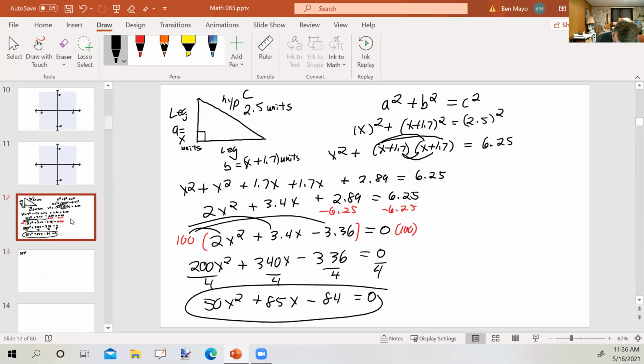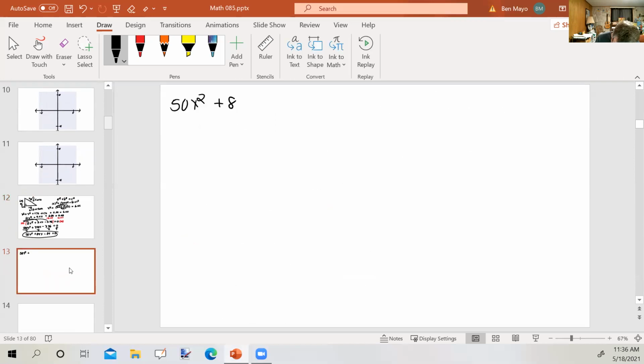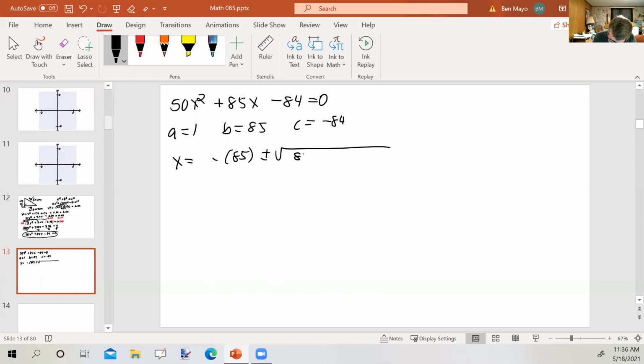50x squared plus 85x minus 84 equals 0. And I'm going to use the quadratic formula to solve for x. So a is 1, b is 85, c is negative 84. x equals negative b plus or minus the square root of b squared minus 4ac